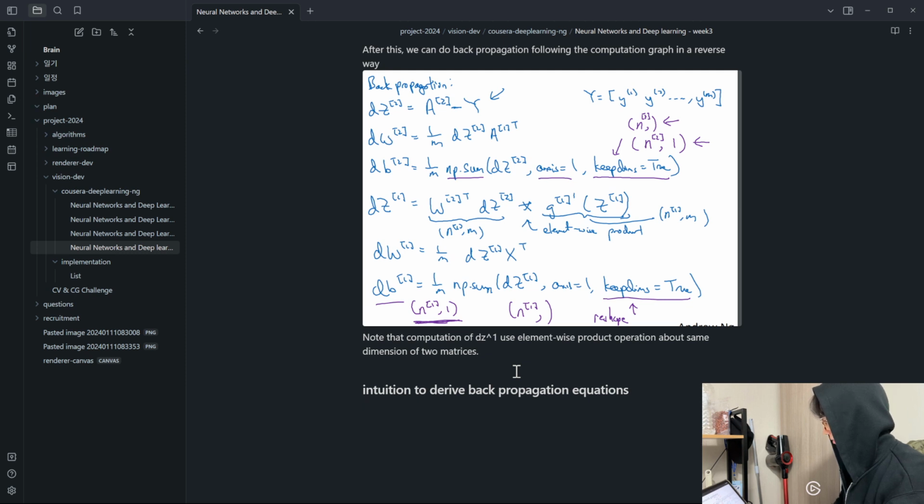And then again, you can compute dA1 if you wish, although in practice, the computation for dA1 and dZ1 are usually collapsed into one step. And so what you can actually implement is that dZ1 is equal to W2 transpose times dZ2, and then times an element-wise product of G1 prime of Z1. And just to do a check on the dimensions, right? If you have